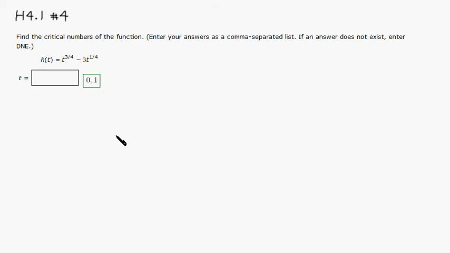Okay, let's look at the homework 4.1, number 4. So we're trying to find the critical numbers of this function, h of t. Right, so first let's take the derivative. So h prime of t